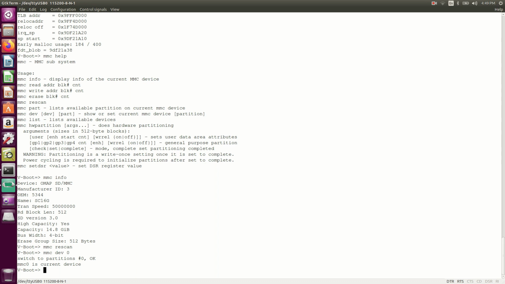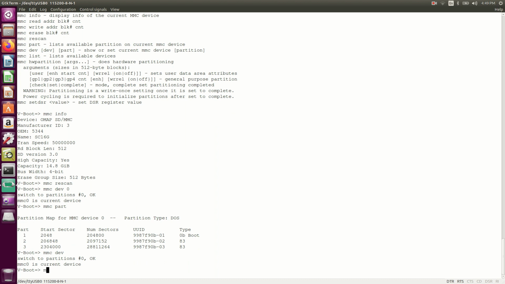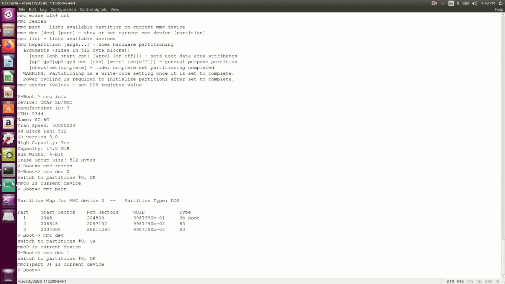If we want to see, with mmc part, there are different partitions also. So there is mmc dev, and we can change this to 1 also. It just changed to mmc1. So there are two devices. One is the sd card, and the other one is the internal one, internal mmc.